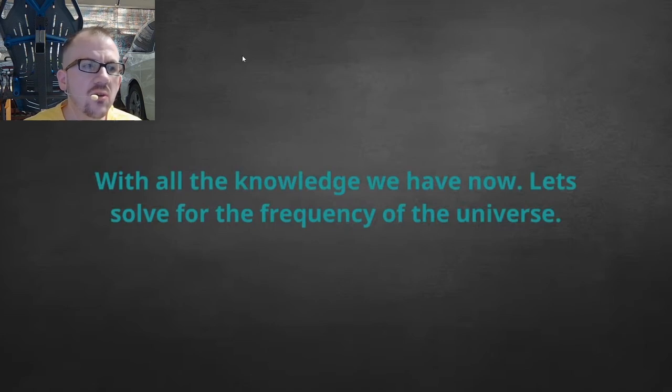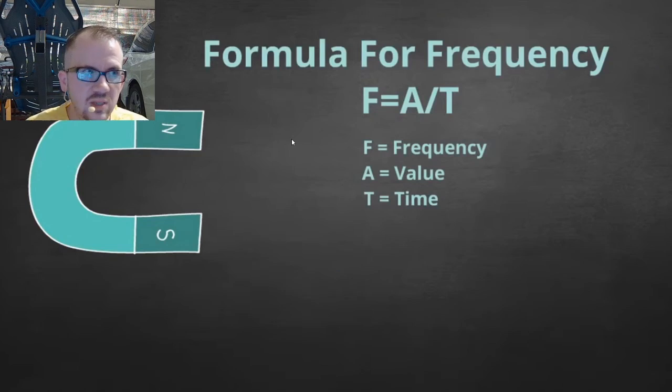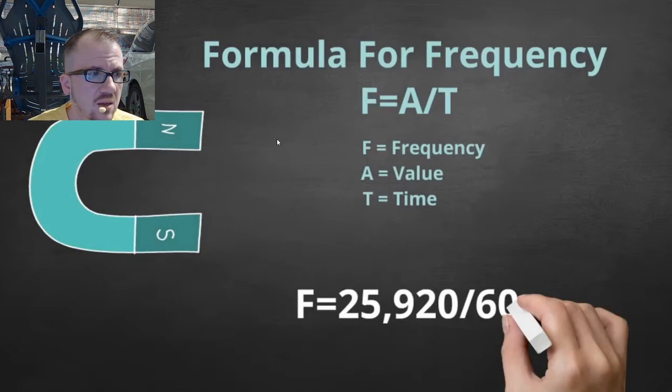All right, with all the knowledge that we have, now what we can do is we can solve for why I am telling you that I believe that the frequency of the universe is 432 hertz. All right, here we go. The formula for frequency is frequency equals value over time. All right, if you're looking for the frequency of something, you are looking for how long something vibrates or changes within time. Okay, so we're going to go ahead and take frequency equals 25,920. So we'll take the precession of the equinox and we will divide that by 60. And when you do that, you end up with